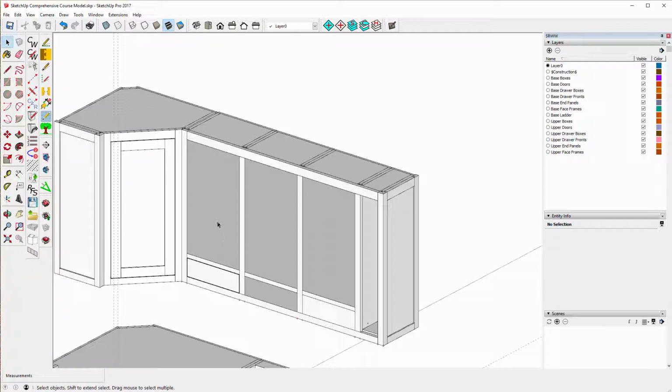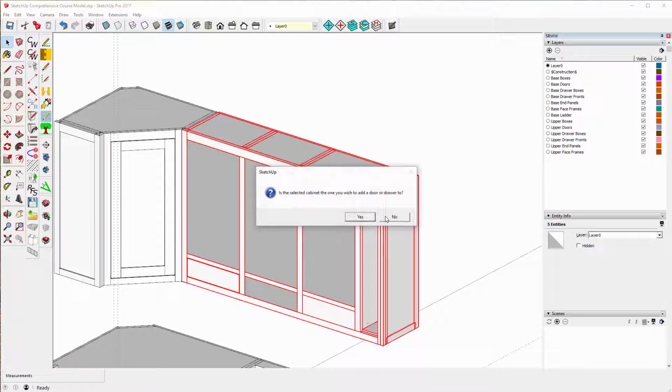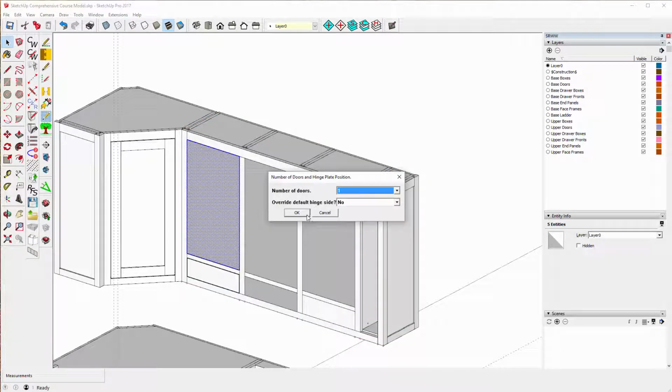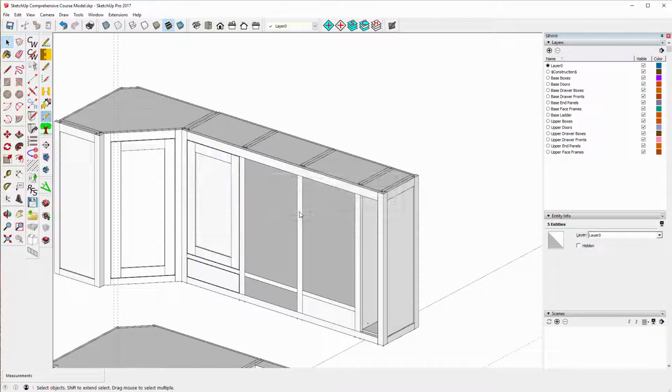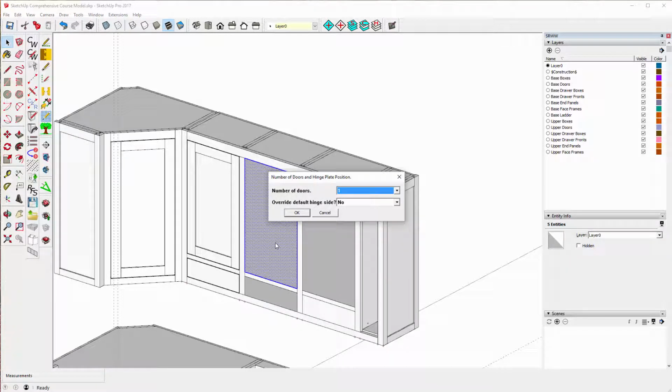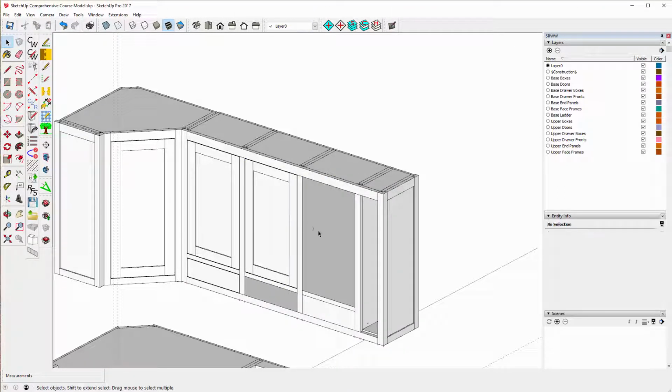And I'll add some doors. One door. Add another door. One door. Add another door. One door, another drawer,